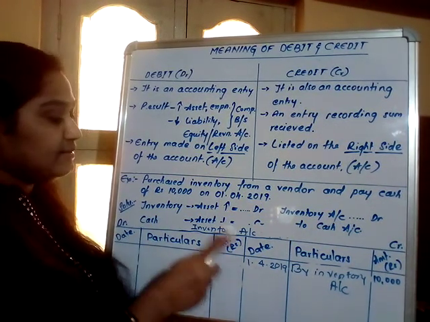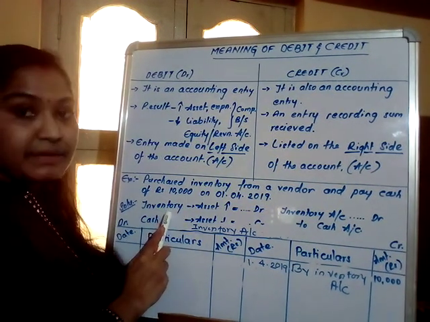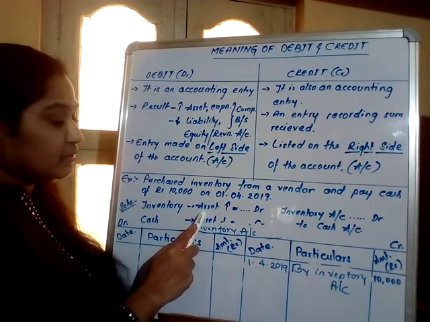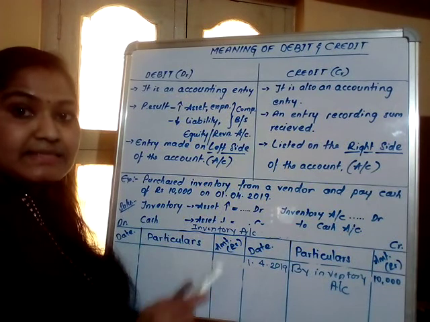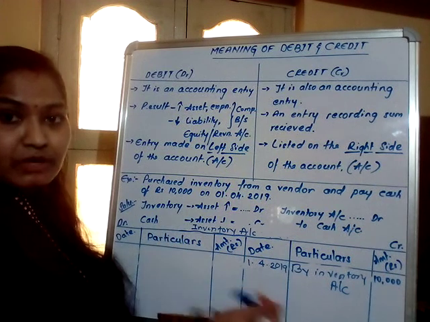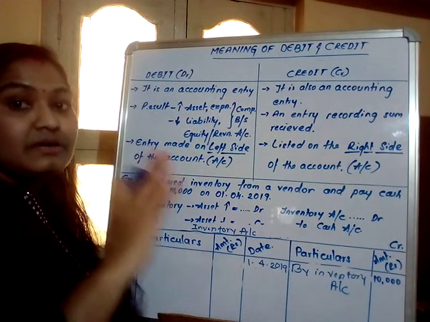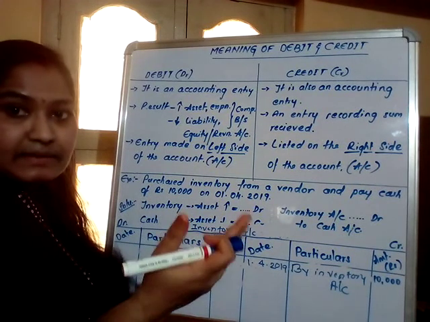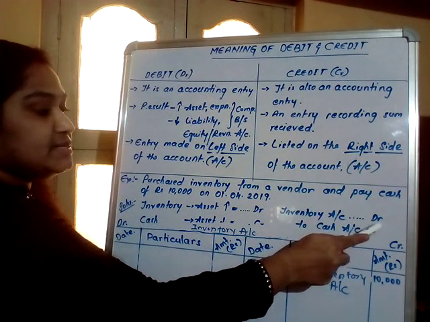In this case, the general entry will be, see here, inventory is an item the company is purchasing. Inventory is nothing but an asset. What is the rule in case of an asset increase? If the asset of the company is increasing, in that case that account will be debited. Here for the company, the inventory is increasing because we are purchasing the inventory. Inventory is nothing but an asset of the company. Whatever the rule says, if any asset of the company is increasing, in that case that account should be debited. That means the inventory account is debited.